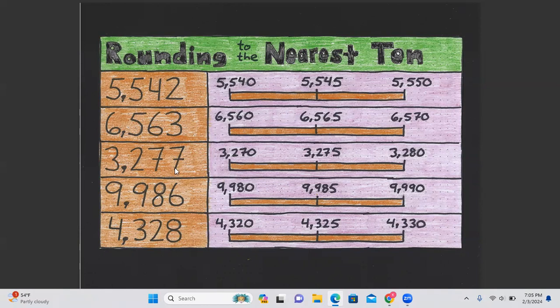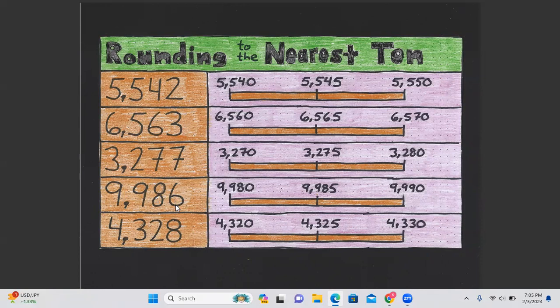3,277. And we notice that in the ones place, 7 is greater than 5. So 3,277 must be on this side, which means that it is closer to 3,280. Therefore, 3,277 rounds to 3,280. And let's move up to